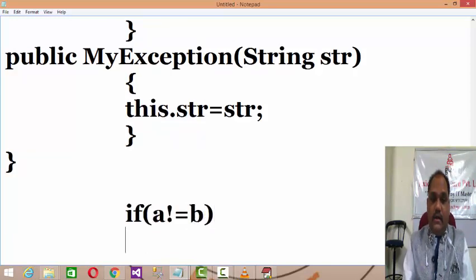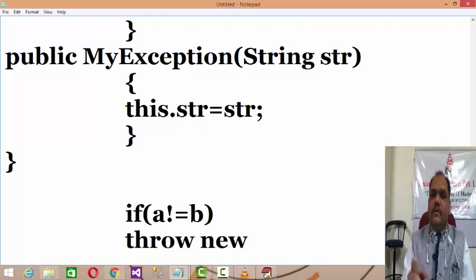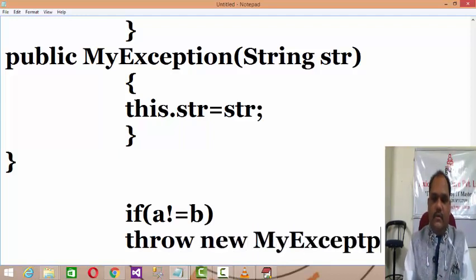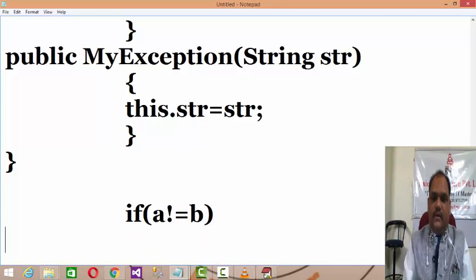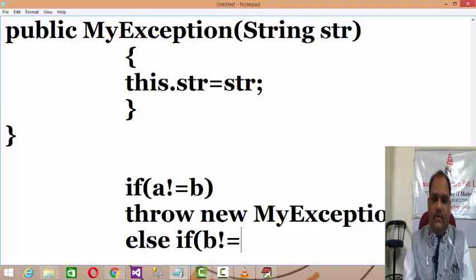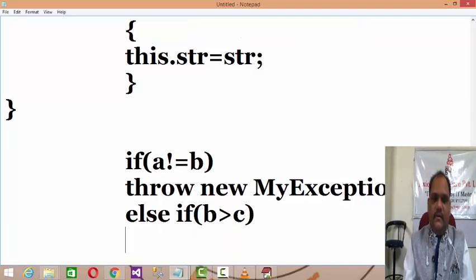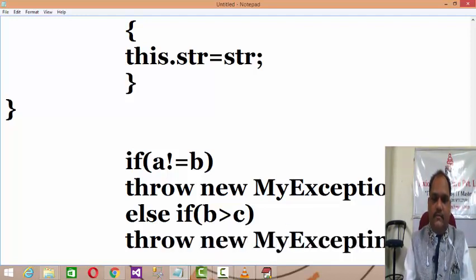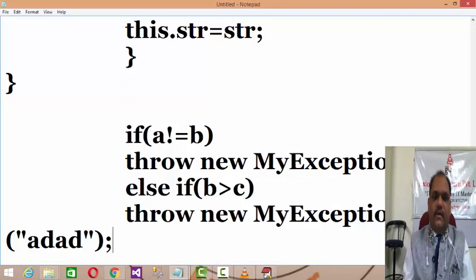You throw it conditionally through new MyException, which means you have to conditionally generate that object of the exception. Else if b is not equal to or then c, then throw new MyException, and then whatever the exception data is.